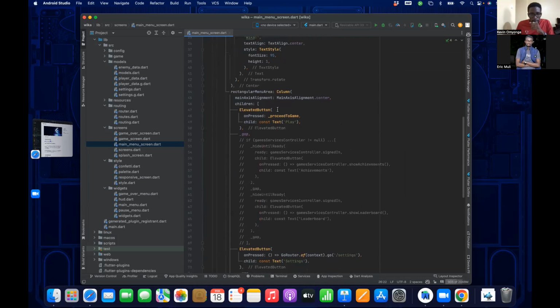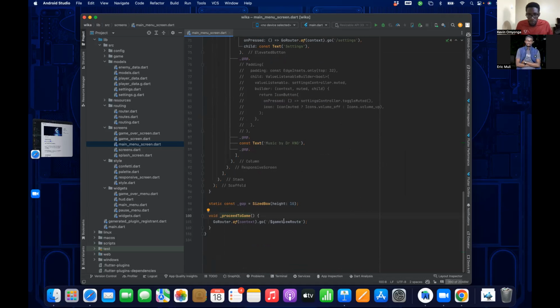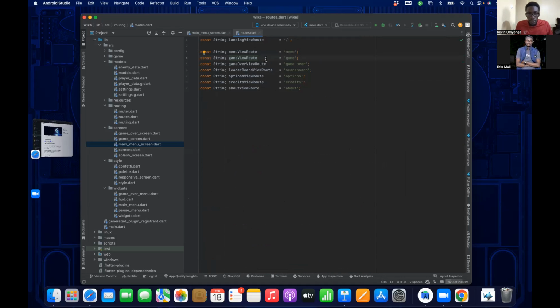And then the function to proceed to the game just uses the go router to switch to the game route, which is outlined here. So the game is still a work in progress. Some of these things are not there, like the scoreboard, options, the credits, and the about section.